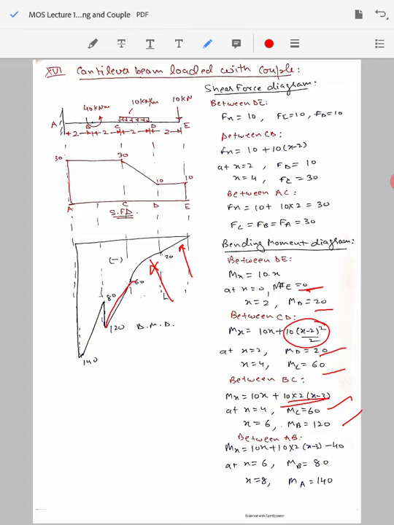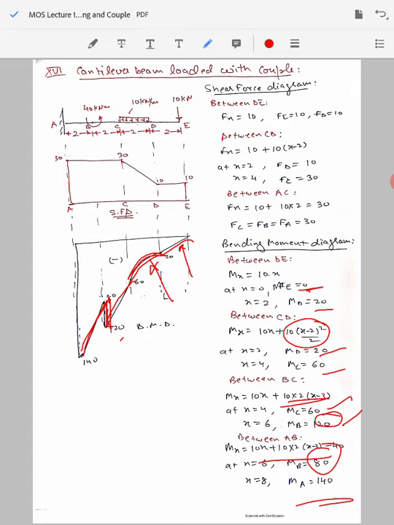And then at the point B itself, the value from 120 drops to 80, so there will be a vertical drop of the value from 120 to 80. And finally from 80 it reaches 140 with a linear relationship, so again a straight line here. So in this curve there is only one part, that is a parabola, and all the remaining parts will be straight lines. And because of the applied couple, the value of the bending moment will drop from 120 to 80 exactly at the point where the couple is being applied.